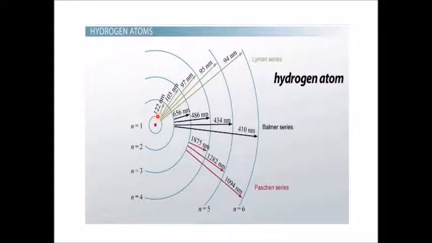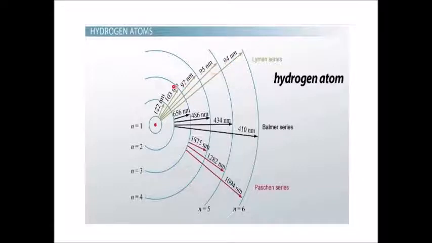You can see here this is the nucleus of the hydrogen atom, and now from n equal to 1 the electron can jump right up till the last orbit of n equal to 6, as indicated in the diagram. Of course, it can jump even higher, but now we are studying up till 6. When it jumps, it absorbs some energy. When it comes back, it emits an energy of wavelength 94 nanometers.